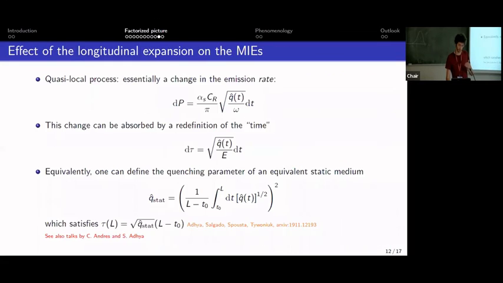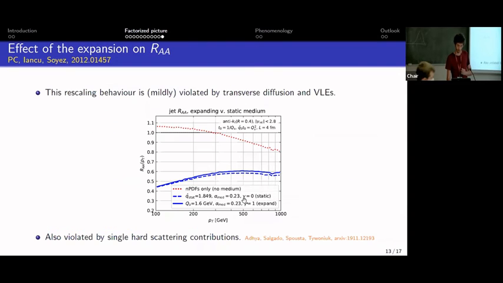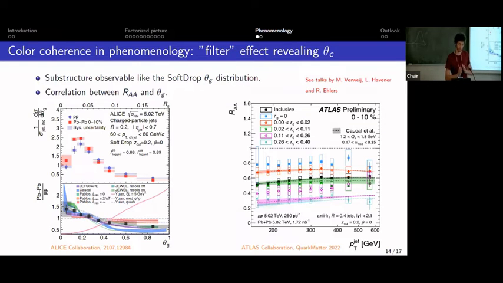this modification of the phase space here, which also introduces this coherence angle, has an important effect, in the sense that in our picture it explains why we have a strong θg dependence of the RAA, or equivalently a strong θg dependence of the ratio of the θg distribution in lead compared to pp. And the scale at which we have a transition between the inclusive RAA and the RAA for larger values of θg is given by the θc angle. It's driven mainly by the θc angle.